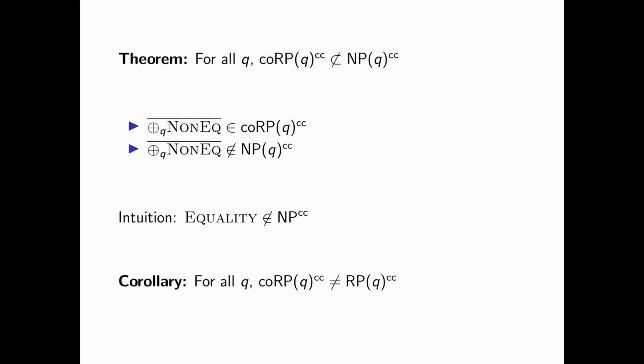Non-equality is in NP, so an NPQ protocol can return true when an odd number of blocks are different very easily, but equality is not in NP, so the negated problem should be difficult for NPQ. This result proves that the randomized Boolean hierarchy is infinite, because RPQ is contained in NPQ. And so co-RPQ is not equal to RPQ for any constant Q, and therefore the hierarchy does not collapse.